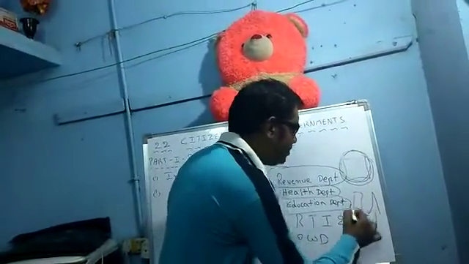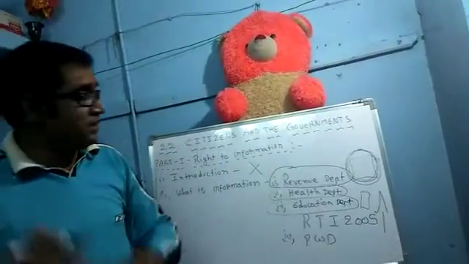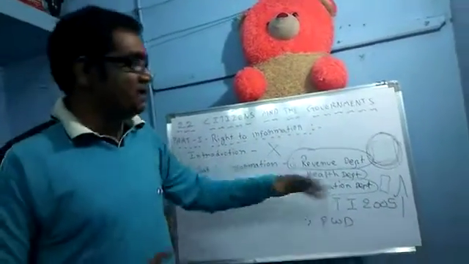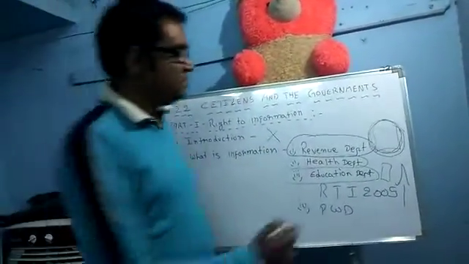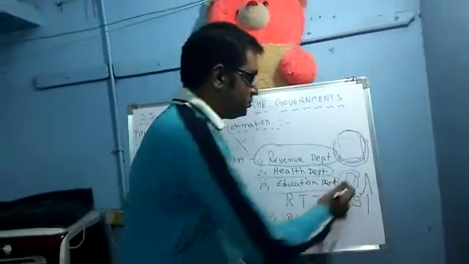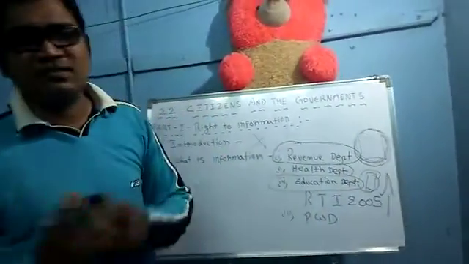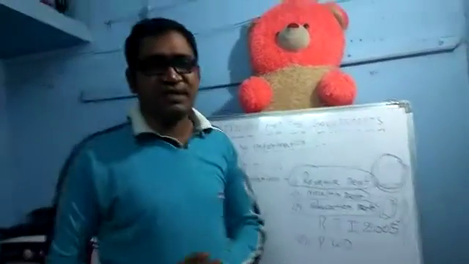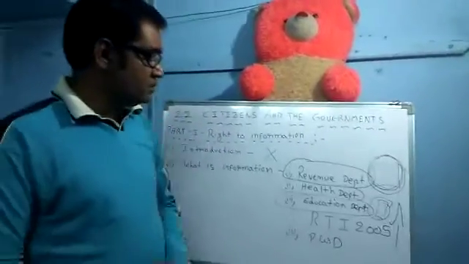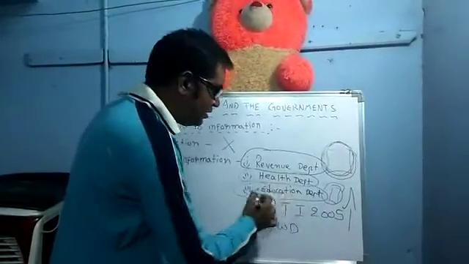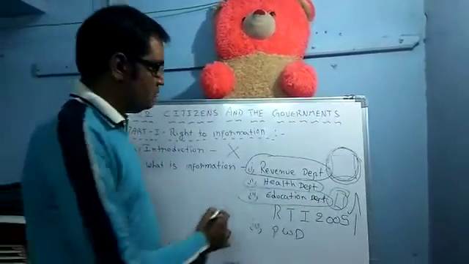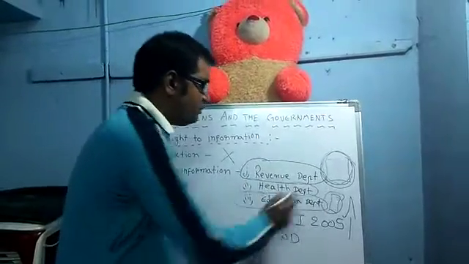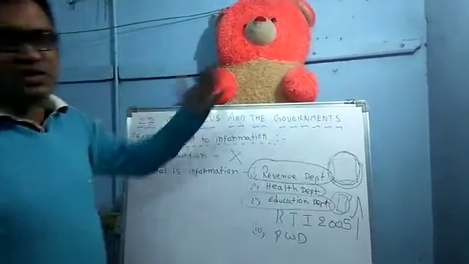By seeing this book, we can get the information about the school data, everything. So, education department, health department, revenue department, their information